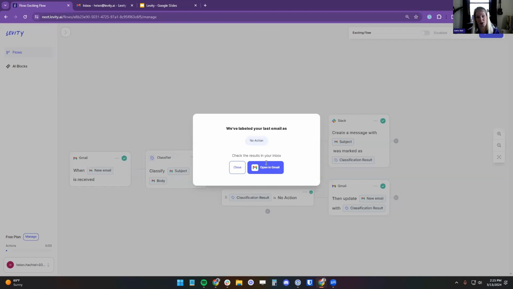All right, so no action. It will have gone down this bottom branch. But let's go ahead and actually send an email. I'm going to compose an email over here. I know you can't see my screen, but let's send an email to